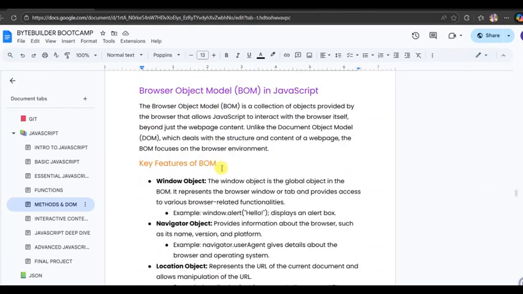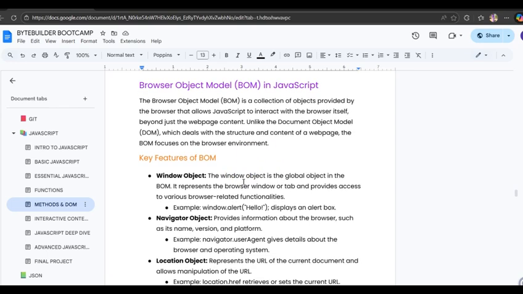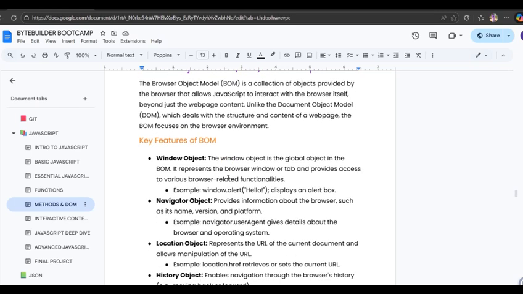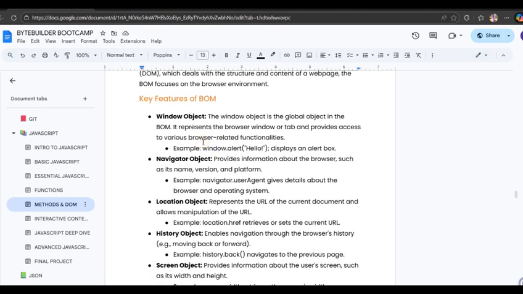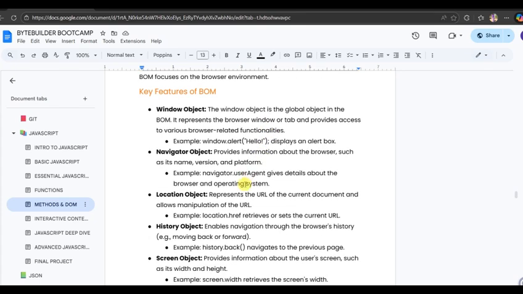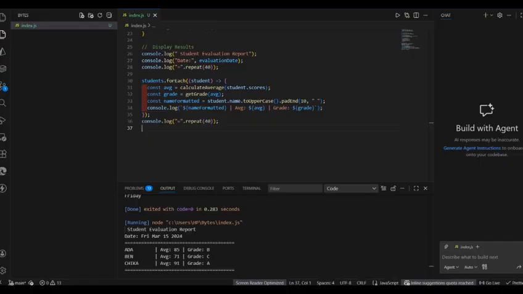So we now have the browser object model, and it is a collection of objects provided by the browser that allows JavaScript to interact with the browser itself beyond just the web page content. Unlike the document object model that deals with the structure and content of the web page, the browser object model focuses on the browser environment. Now we have the window object, and it represents the browser window or tab and provides access to various browser-related functionality. Like let's say now, if I'm saying